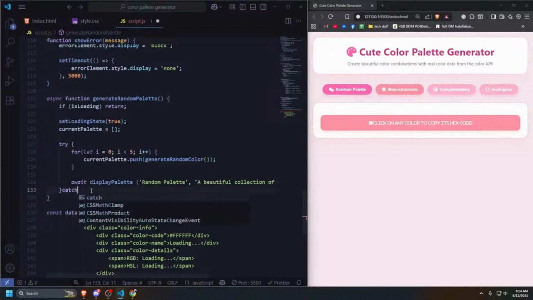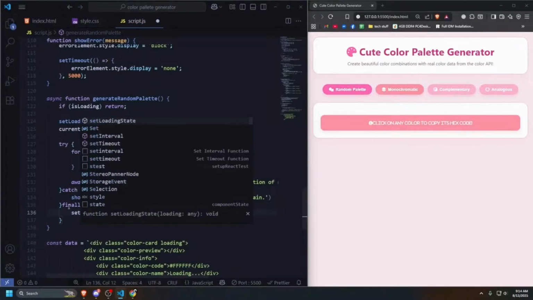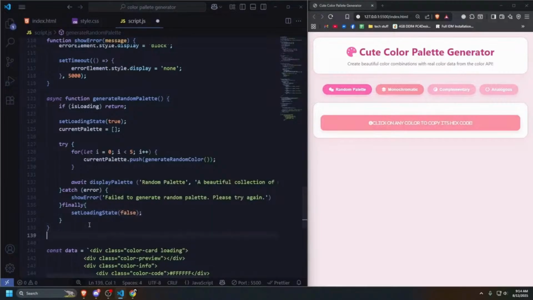I need to catch the errors if there are any errors while doing this. I'm just going to do show error, failed to generate random palette. Please try again. And I'm going to use the finally to set loading state to false. That is our